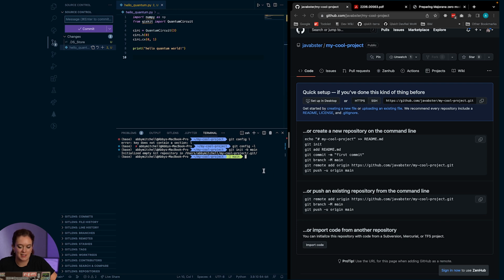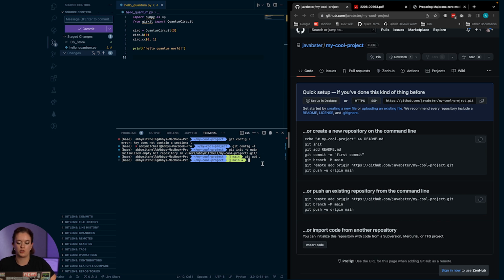In order to add files to this staging area, we can just type in git add and then a full stop in the terminal and hit enter. And that will add all of our files into this staging area. I like to show it here on the side because sometimes you might accidentally add files that you didn't want.